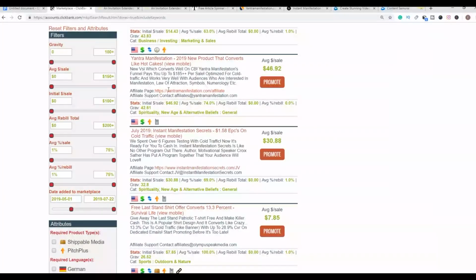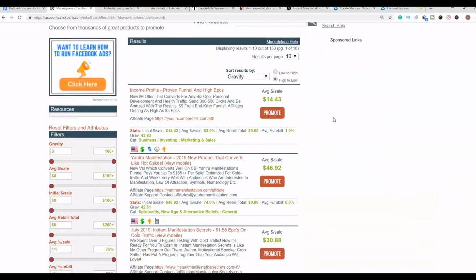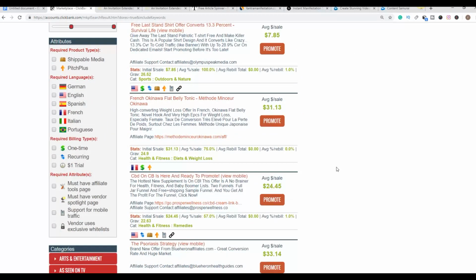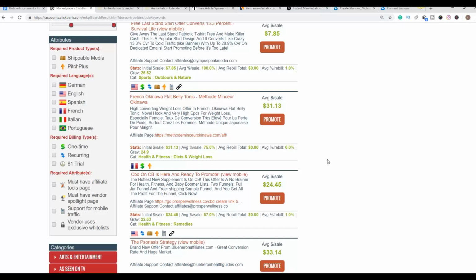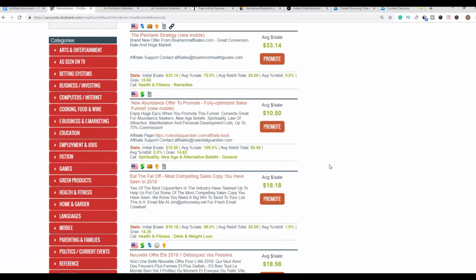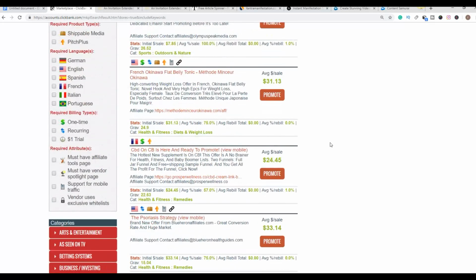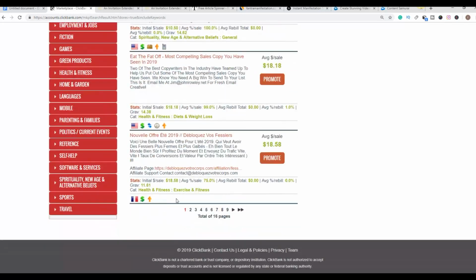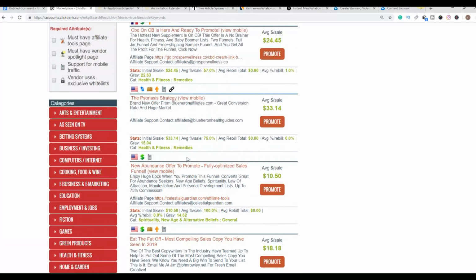So you can use any other products. There are many products, and you have to look for products that are new and they are selling, so the gravity is good. You have to look for a product that has a gravity from at least 10, which means that the product is converting well, so you don't have to waste your time on a product that is not converting. So you can choose any of these products. There are a ton of products that are converting well and have been recently added. So just choose any of these products, search for the review